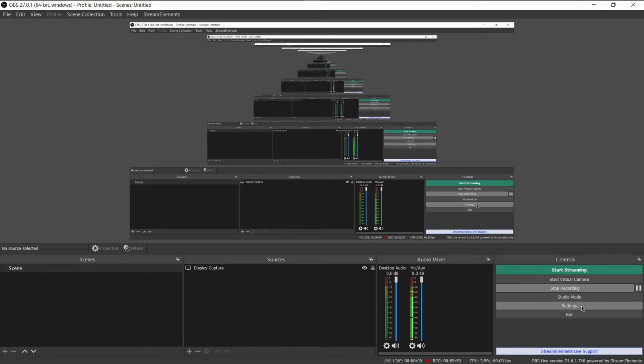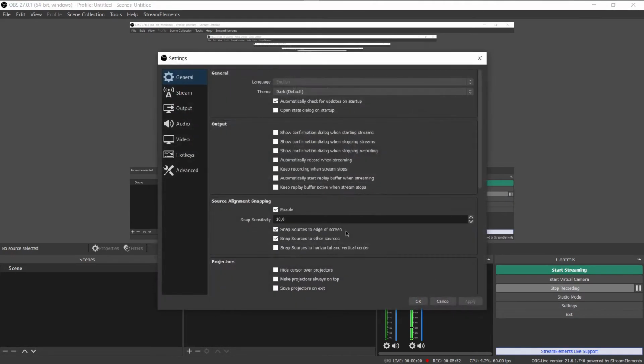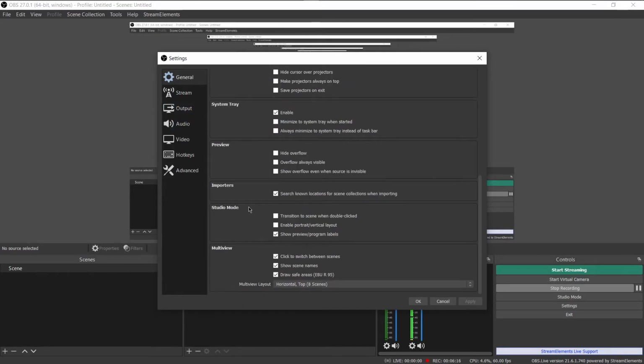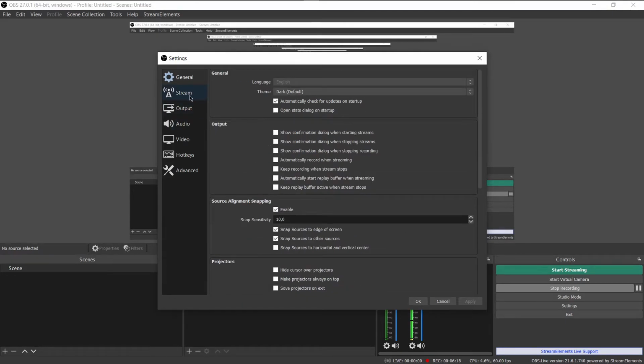Now let's go to the settings part. These are the settings that you need to manage for OBS to stream smoothly on your device. I strongly recommend that you should have at least 2 GB VRAM on your GPU. And if it's NVIDIA, then it's great. AMD also works well. Now in the general one, there's nothing much to do.